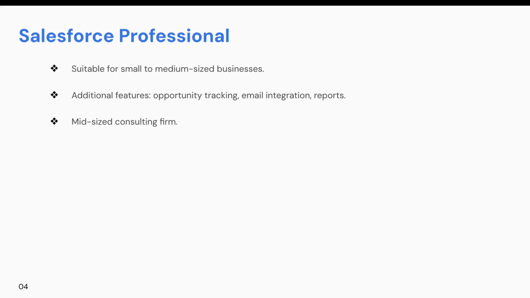Moving on to the second edition, that is Salesforce Professional. This is suitable for small to medium sized businesses, and includes several features like opportunity tracking, email integration, and customizable reports. An example for Salesforce Professional is a mid-sized consulting firm that wants to manage its sales pipeline as well as